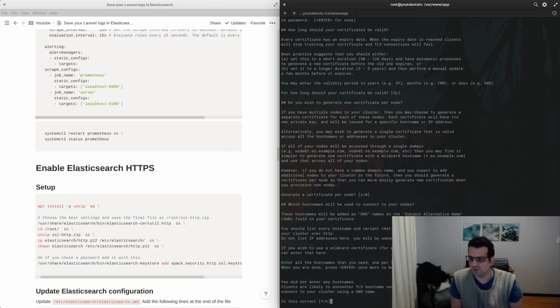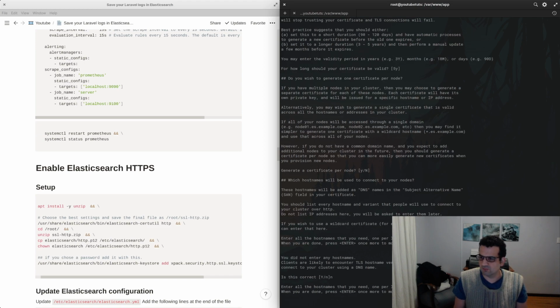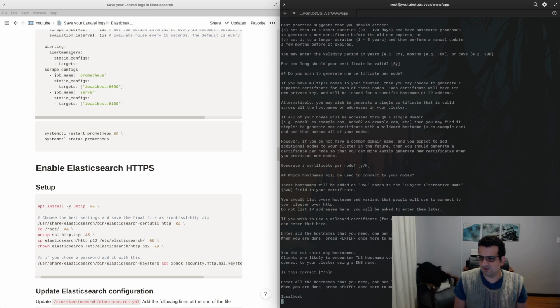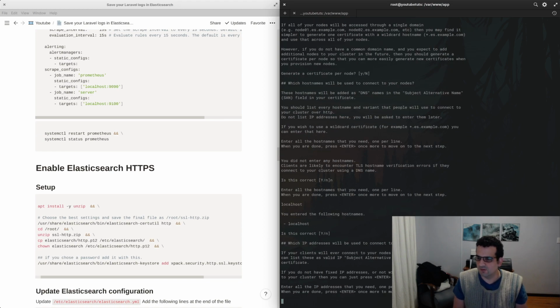Okay, oh crap, sorry. So what I should have done there is actually enter in the hosting clients. Is this correct? No. Okay, so we'll choose localhost, and then 2 enters, and then